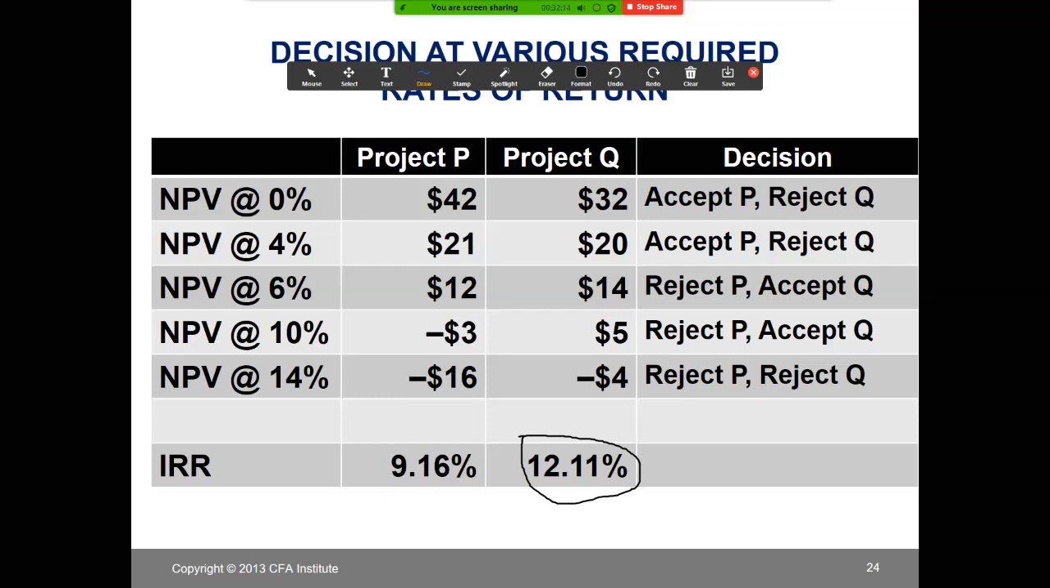Look, if it's 0, we choose P. If it's 4%, we choose P. If it's 6%, we choose Q. If it's 10%, we choose Q. That's it. If it's 14%, we choose none of them. We do not choose any of them. So in here,